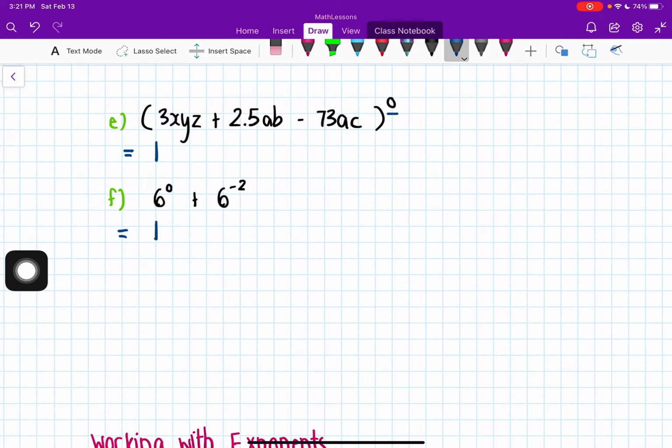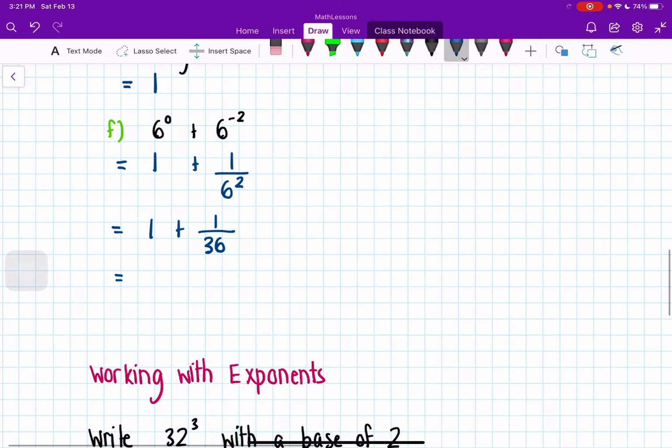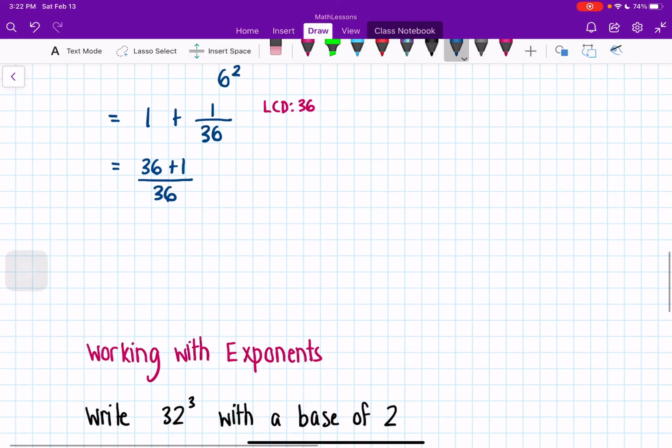So 6 to the power 0 is 1. 6 to the power negative 2 becomes 1 over 6 squared. And that then gives me 1 plus 1 over 36, because 6 squared is 36. And then using my rule for adding fractions, we need to find the LCD. In this case, it's very simple. Our LCD is 36. And so we will have 36 plus 1 all over 36. And that's going to give us